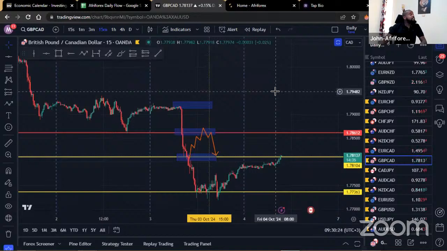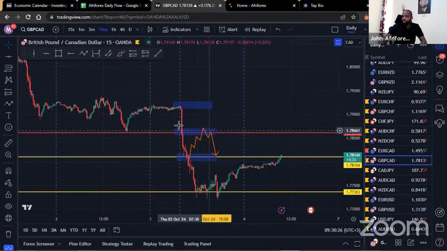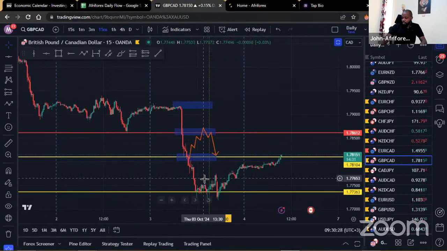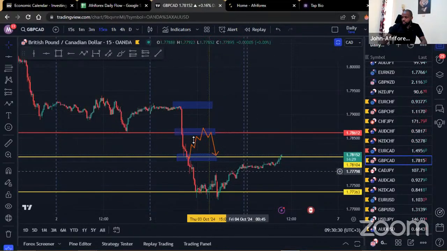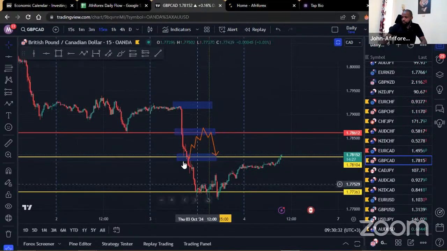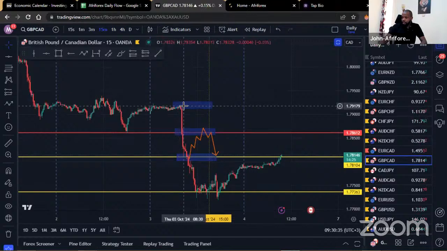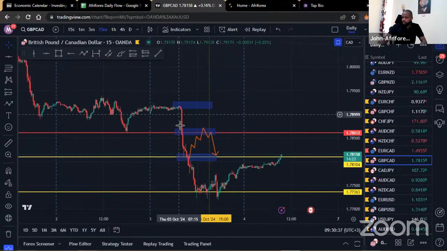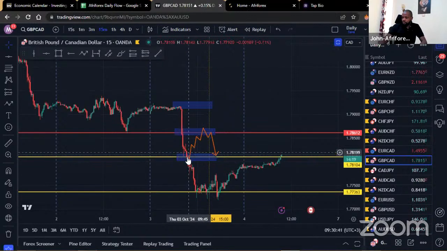So the next one, this is the Great British Pound against the Canadian dollar. For this one, yesterday we were trying to see whether we could have gotten some sells. You can see the 3 areas right there that we had pointed out. In the morning, the market had already made this move coming down, something similar with all the GBPs. And I guess in the morning when we were looking at the charts, price was somewhere here.